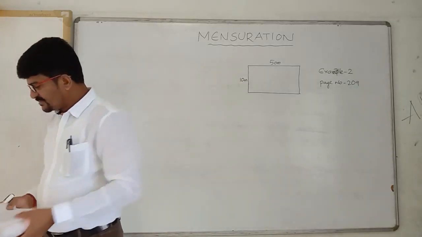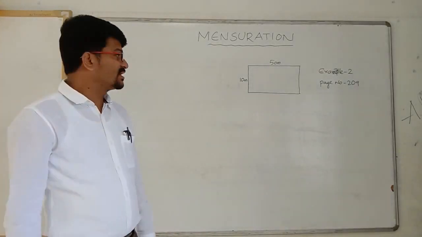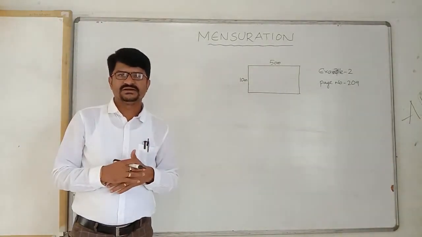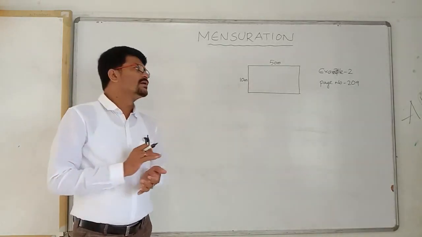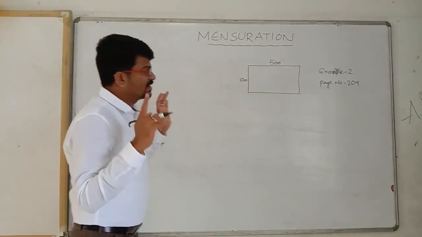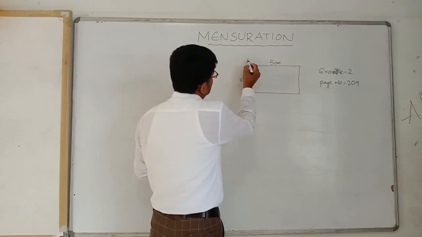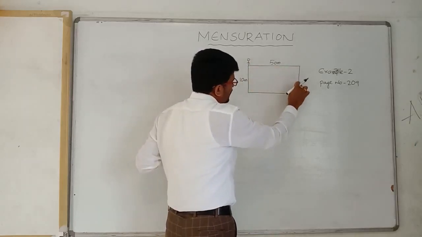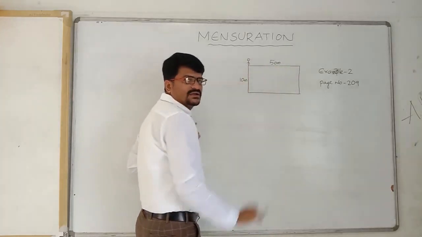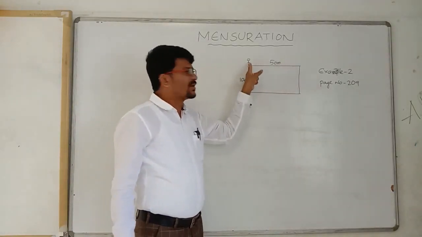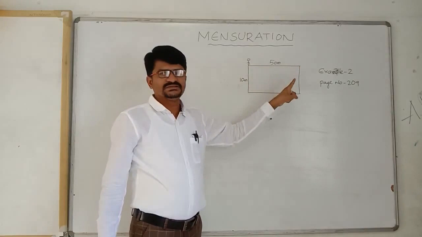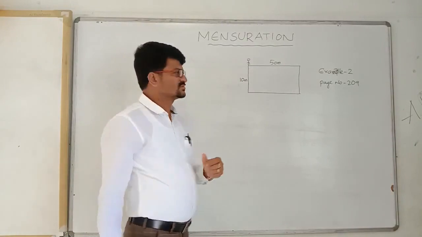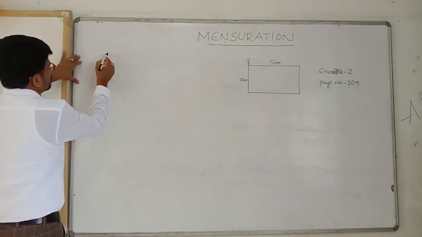An athlete makes 10 rounds. So how much distance does he travel? Round means the athlete has started here, runs from the start like this, and comes back again here. So one round means one perimeter. One round completely comes under the perimeter. So the athlete made 10 rounds. First of all, find the perimeter of this park.